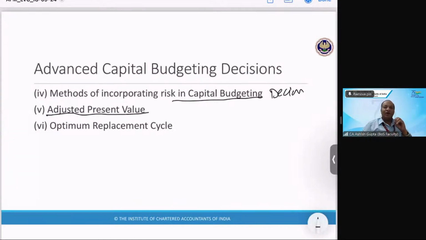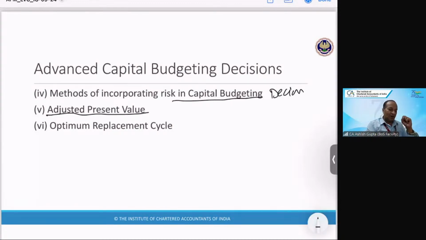But sometimes there may be a difference in the capital structure on account of, say, taking new loans. It may be possible that a company for a new project takes a separate loan for it. In this case, we get the tax benefit of the interest paid on the loan. So first of all, we calculate the base NPV, and to this we add the present value of the tax saving on the interest. That's why this is called adjusted present value.